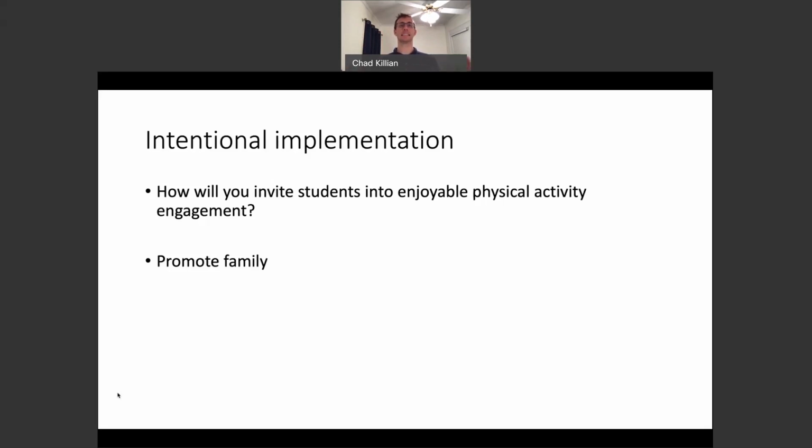Is there a way that you can be creative? Is there a way that you can invite students into being active, invite them into making decisions that will help their mental health, that will help them connect with family members, that will help them, at least perhaps, even adopt new habits? In an extended period of time at home, there's a lot of room for growth, and physical activity behavior can be one of them. So be very intentional about how you're communicating with students, how you're structuring your assignments, and so forth.